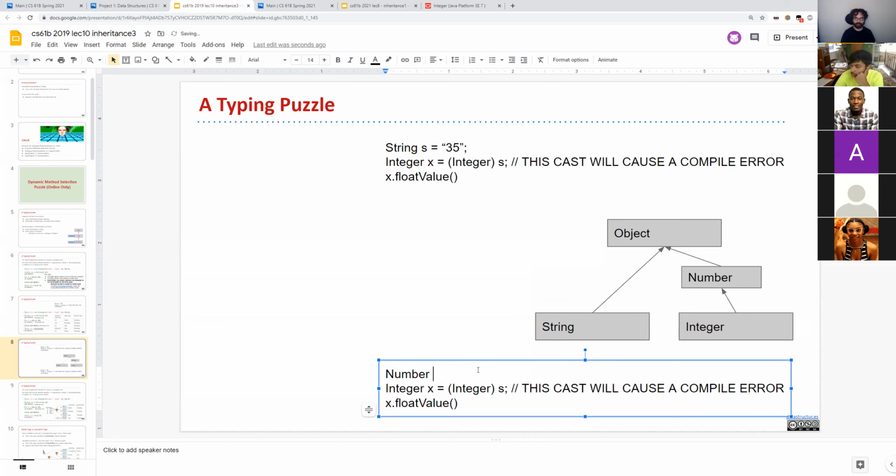So if I do Number x equals new Integer 500. Actually, I can even do Double. If I do Double x, sorry, Number x equals, it's going to use all the capital letter versions of the classes.